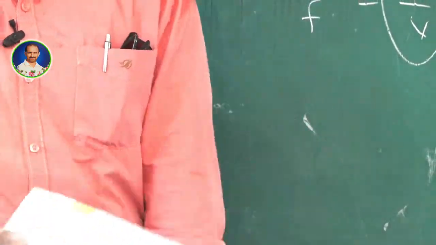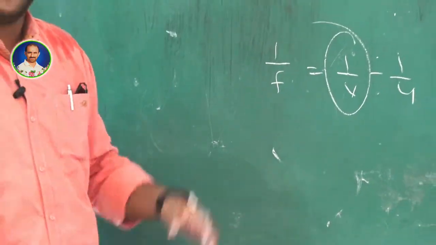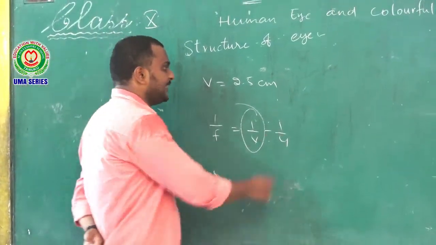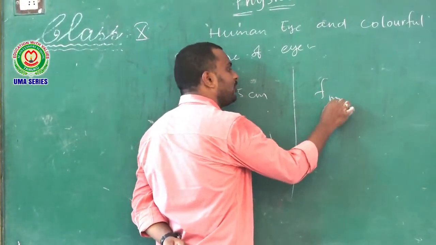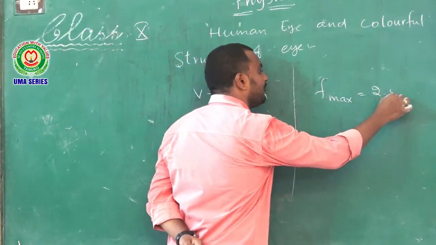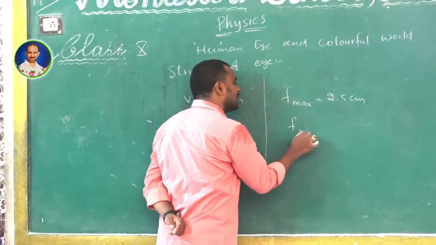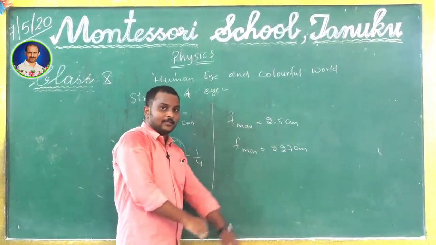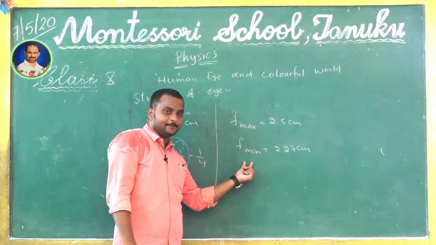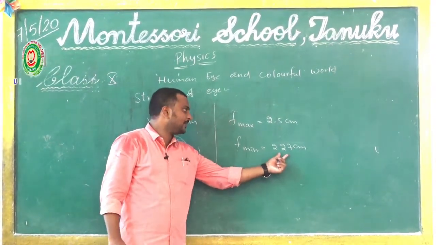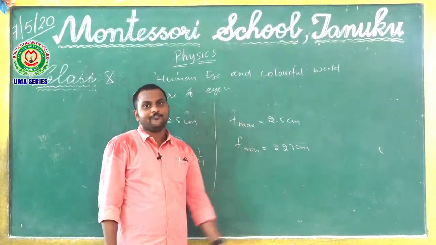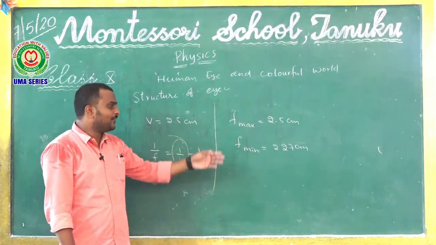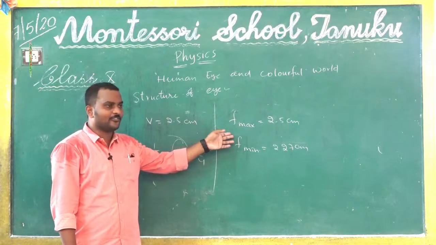So this human eye has some defects with the improper functioning of ciliary muscles. Actually, with the functioning of ciliary muscles, the maximum focal length of the eye lens is 2.5 centimeters and the minimum focal length of the eye lens is 2.27 centimeters. So the focal length of the eye lens can be decreased up to 2.27 centimeters and increased up to 2.5 centimeters. But by the improper functioning of these ciliary muscles, our eyes may suffer